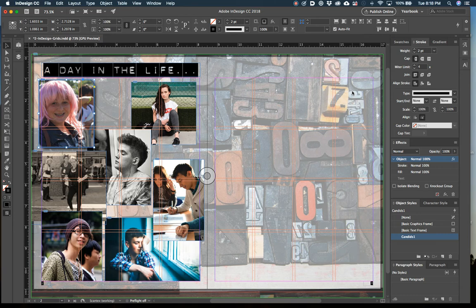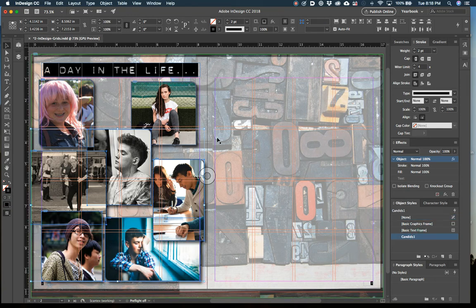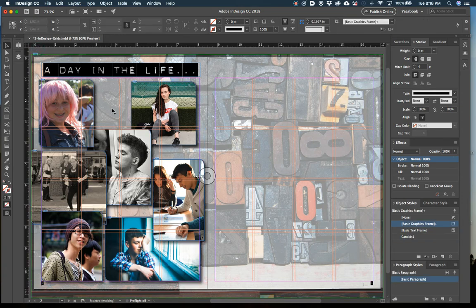There. Now, I've done that. I can select any other image, and all I have to do is hit Candids1. I can select them all and hit Candids1, and I've immediately put that onto the entire page. Now I could also go through and say, you know what, I want to use Candids1, and I'm going to